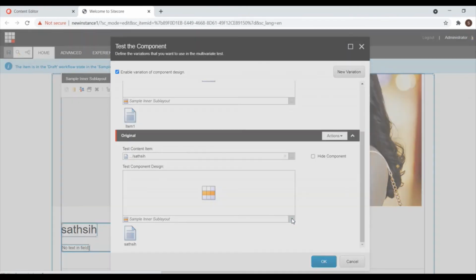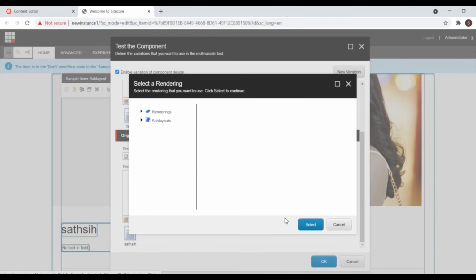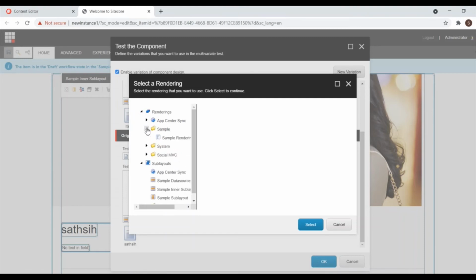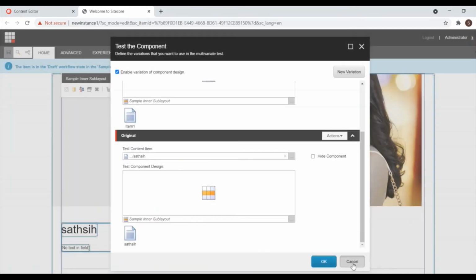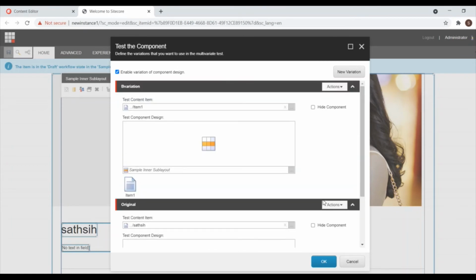Similarly, you can select the layout, inner layout. There are plenty of options available. You can select another rendering as well to show here. Similarly here as well, you can select the inner sub layout.